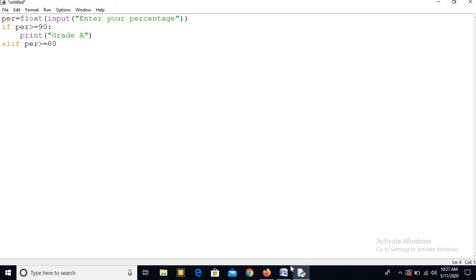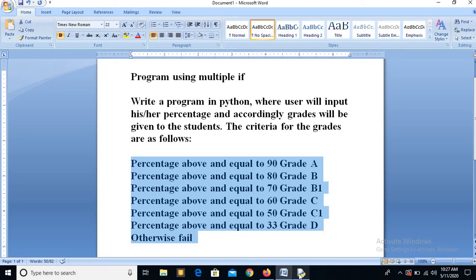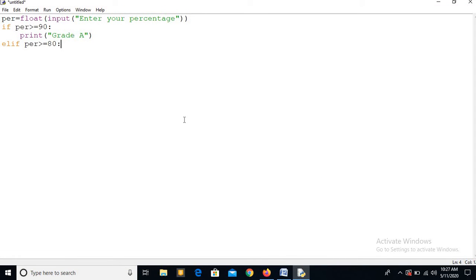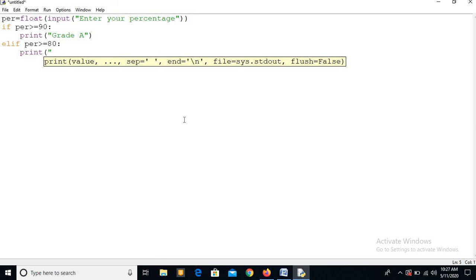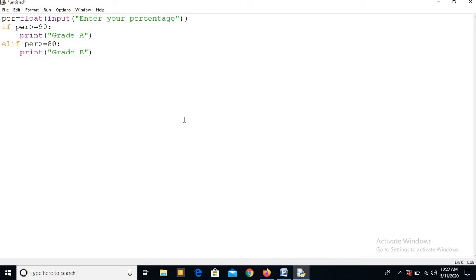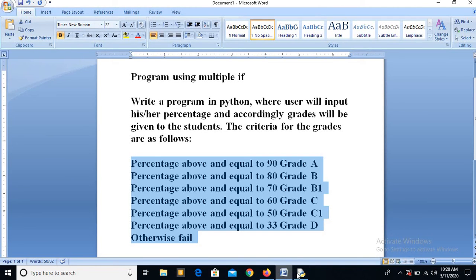Then what was the condition there? Grade B. So I just put a colon sign, print grade B. Then the same for the third condition, backspace, elif, again elif. Now elif only will work. Elif greater than equal to, let's see the condition, 70.